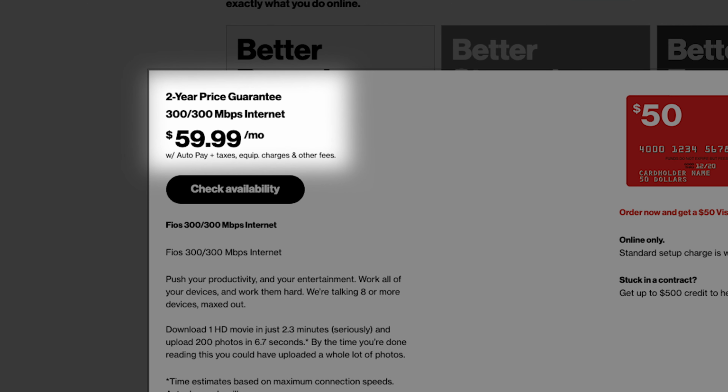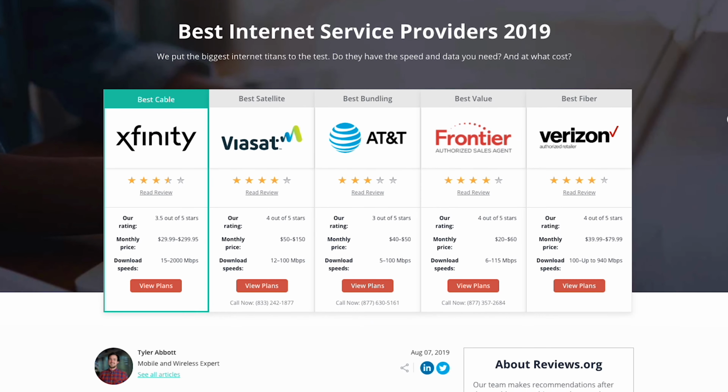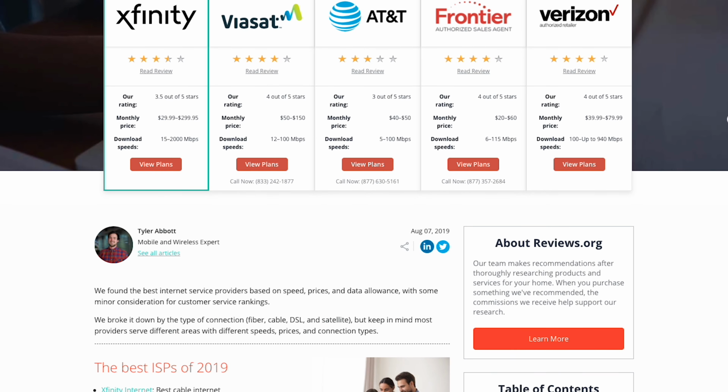And one of the marketed benefits of newer connections, especially fiber connections, is their symmetrical speeds. You'll see this labeled sometimes with a simple slash, 100 over 100 or 300 over 300, meaning same upload as download. Compare that to a normal cable connection where you'll see download speeds that are 10, 20, 30 times faster than the upload speeds, and that symmetrical connection starts looking pretty sweet.